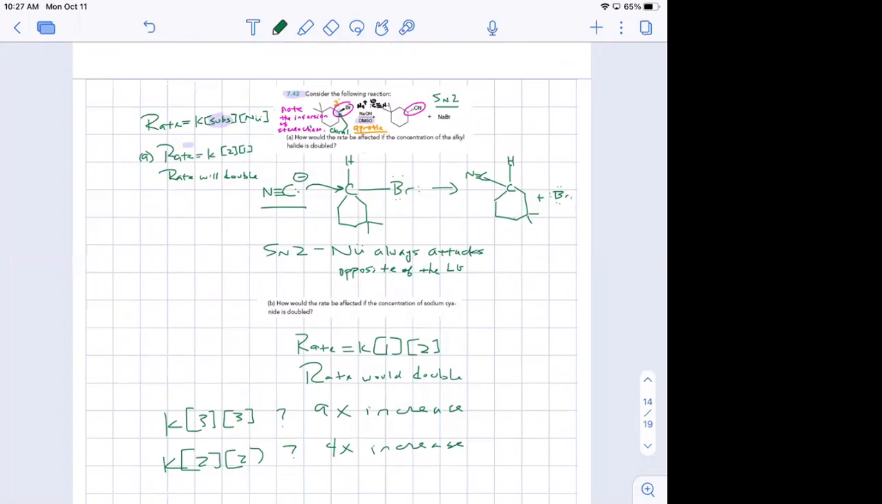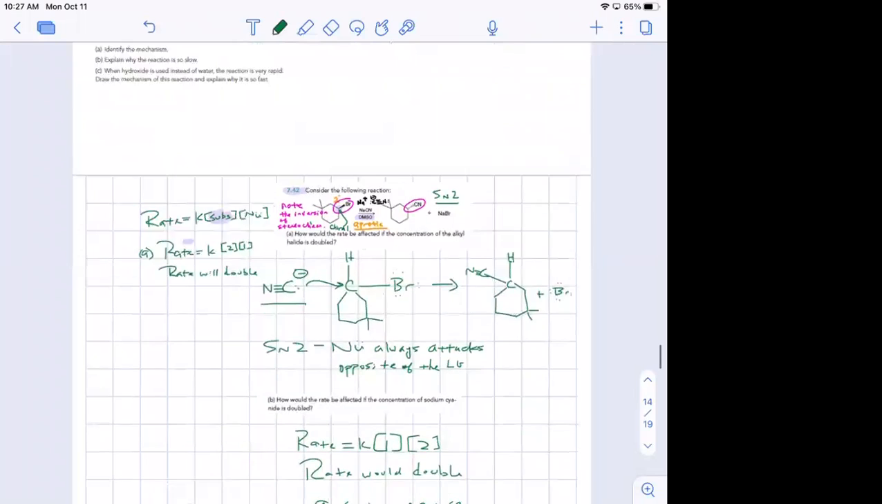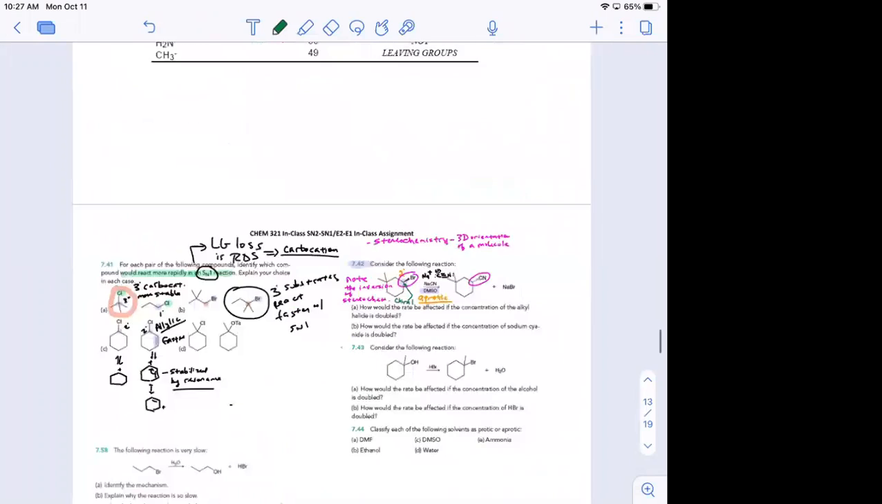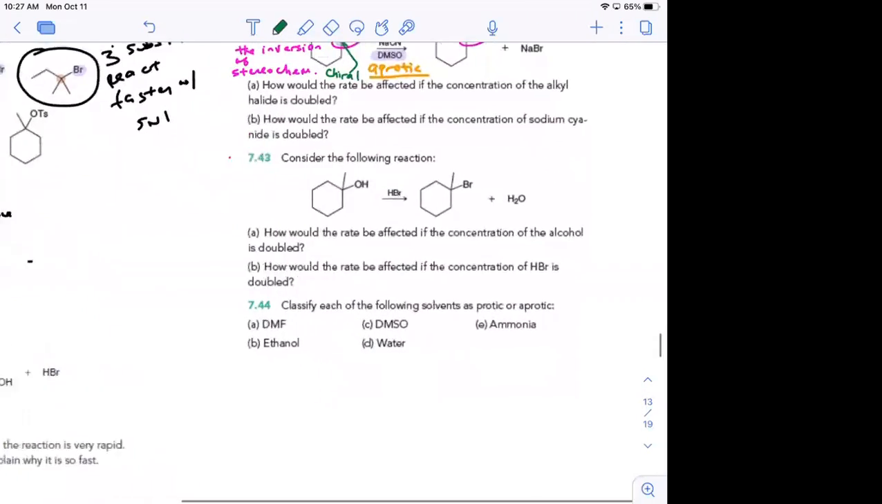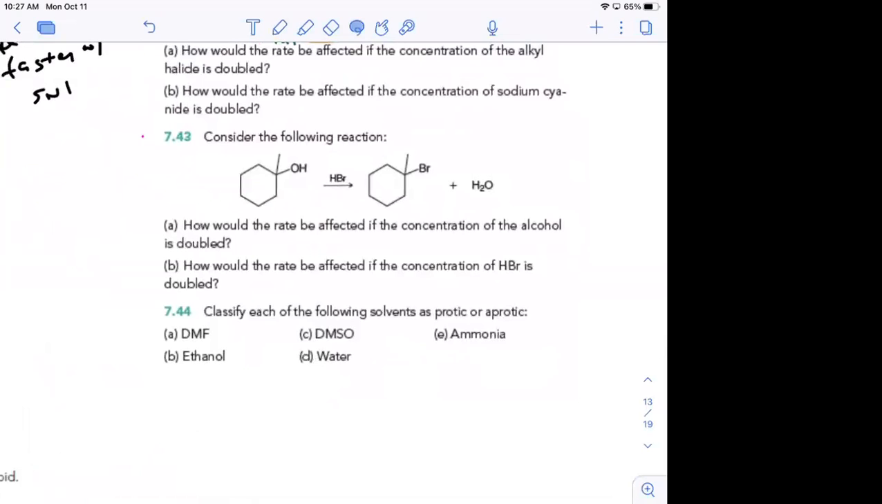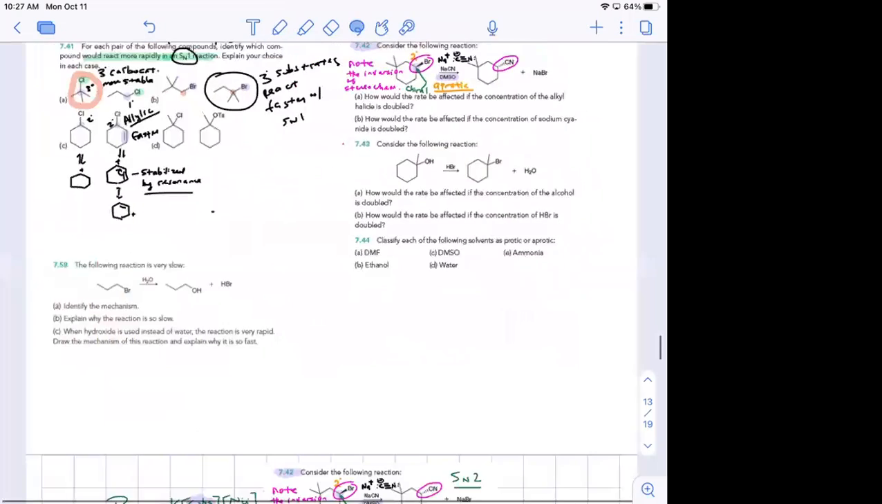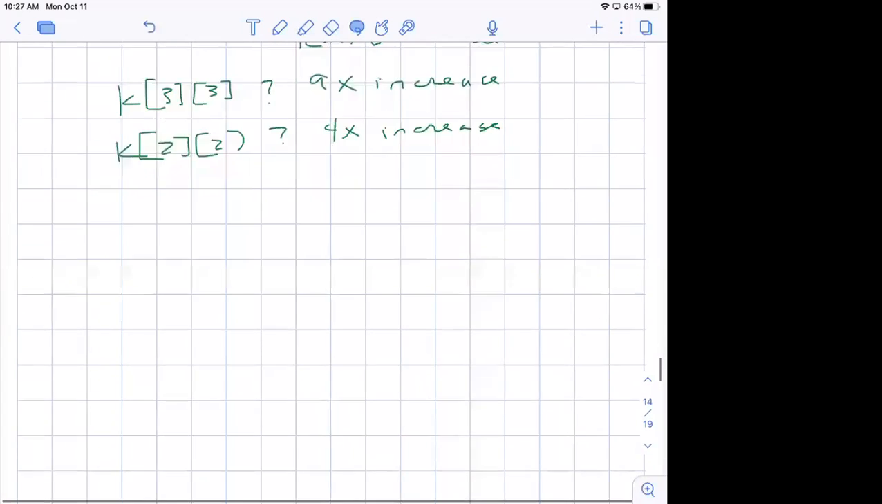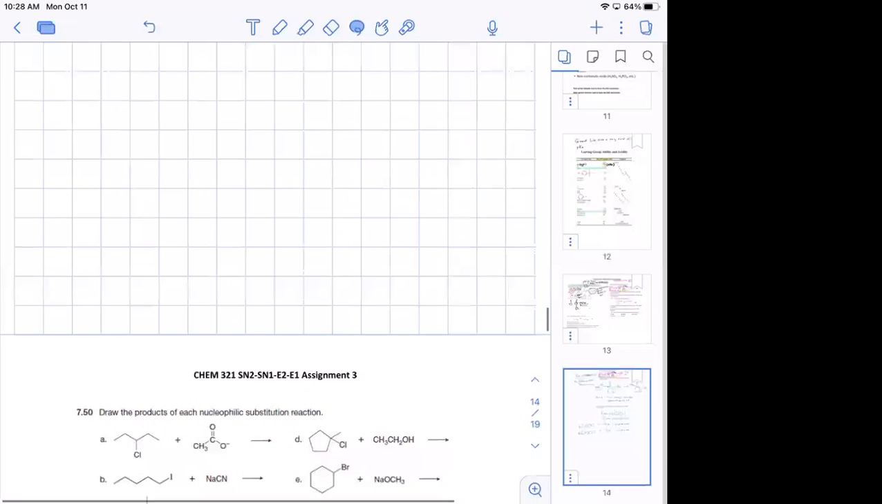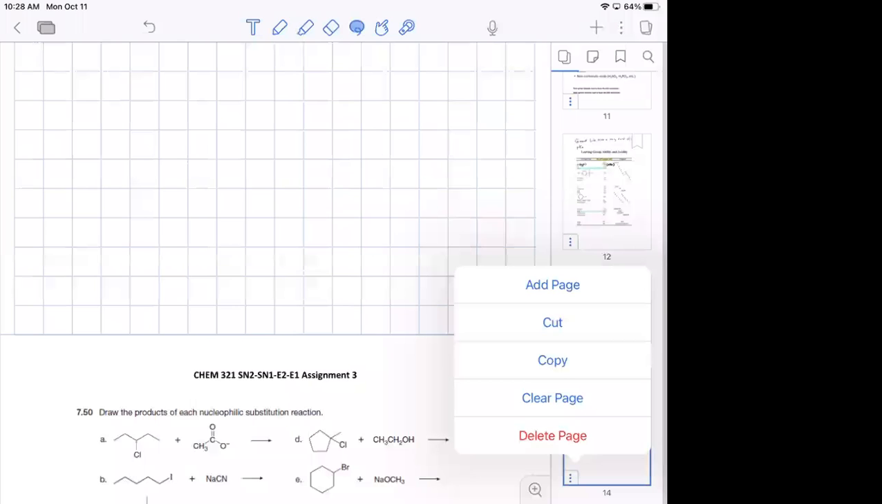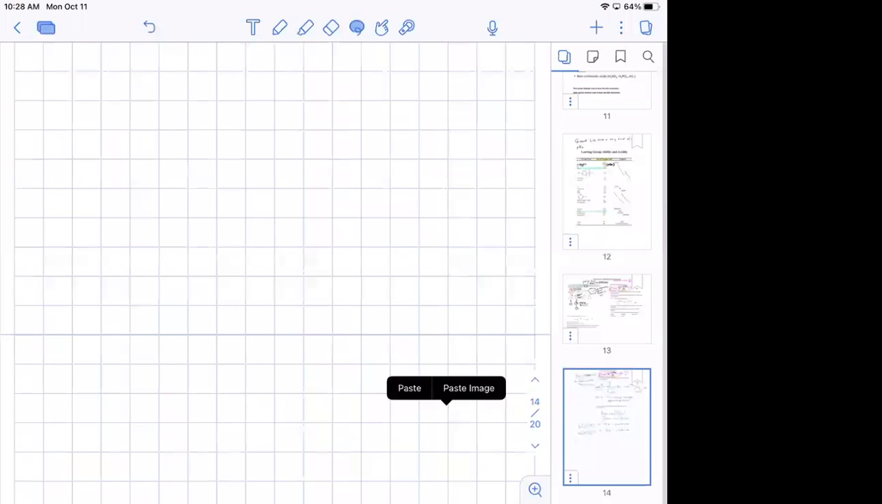All right, let's do the next question. Let me go ahead and cut it, squeeze all that information in. All right, let's do